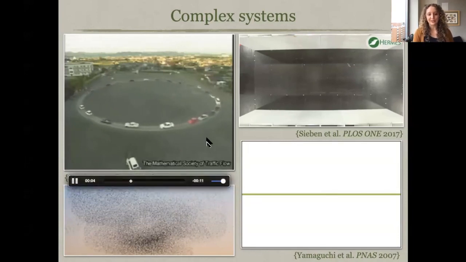They've slowed down the video here, but you can see this kind of jam propagating backward relative to the direction that the cars are moving. And there's no one saying to the cars, form a traffic jam. Instead, this jam is arising from the interactions of the individual drivers, how they react to the people in front of them, maybe how they react to the people behind them. And so then you get the traffic jam forming.